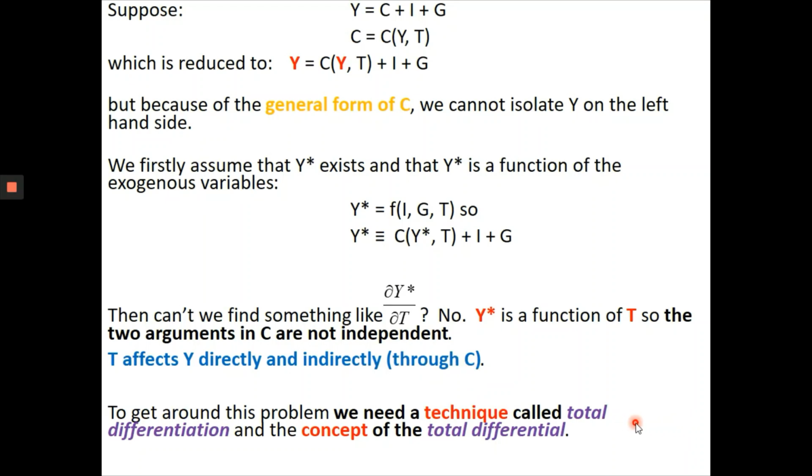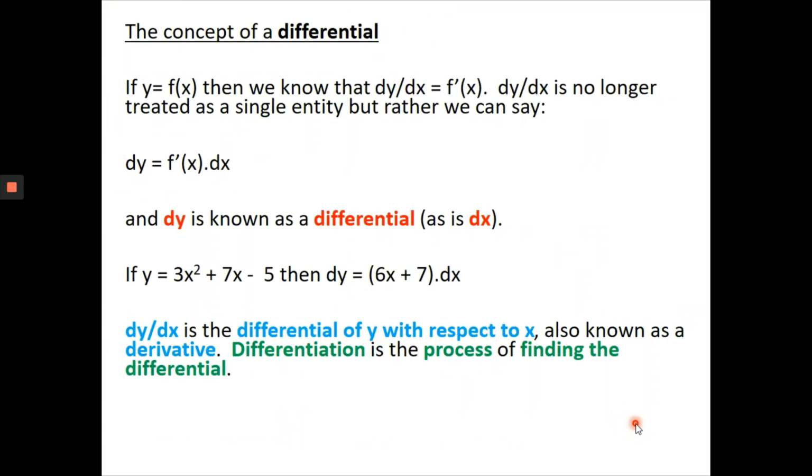To get around this problem, we need to use a technique called total differentiation. But before we look at that, we need to understand the concept of the total differential. All right, so the concept of a differential, up until now, we have worked with a function, for example, y equals f of x,